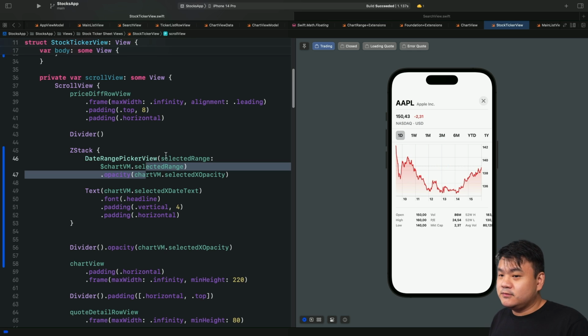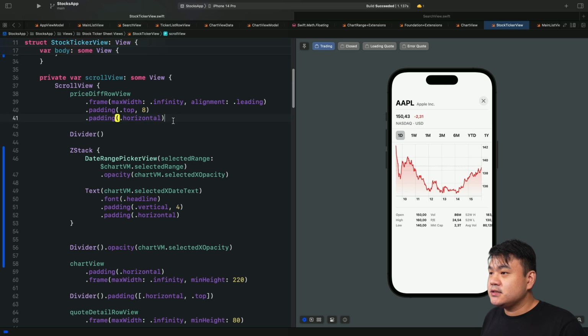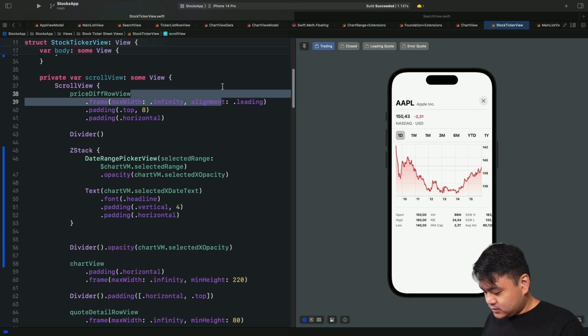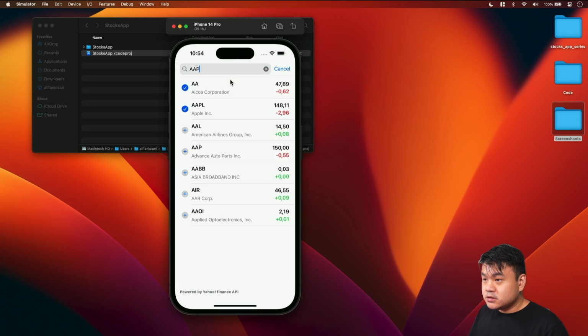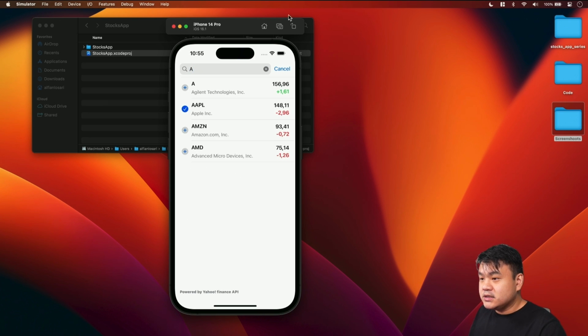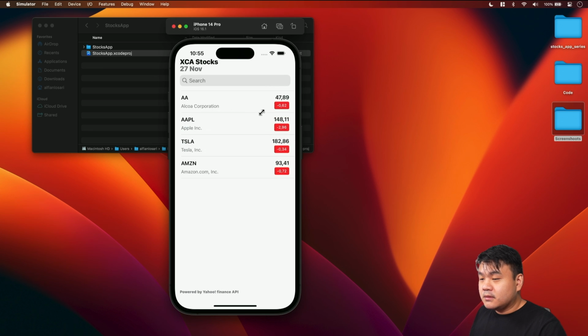Okay, I think we're at the end of this tutorial series, and one thing that I want to show you is, let me try to run this. Okay, so let me give you a recap of this entire series. In the first part of this video, we have implemented the Swift Package Manager to fetch the data from the Yahoo Finance API. And in the second part, we have implemented an ability to search stocks, as you can see in here, and add it to the list. So this will be persisted to disk. We have shown the latest price, the difference,